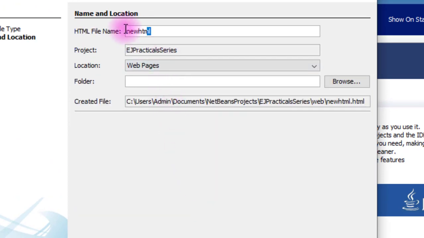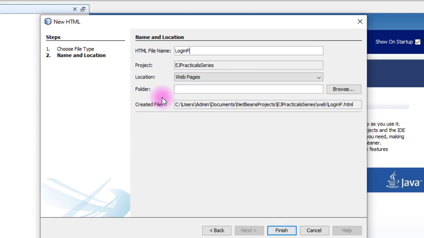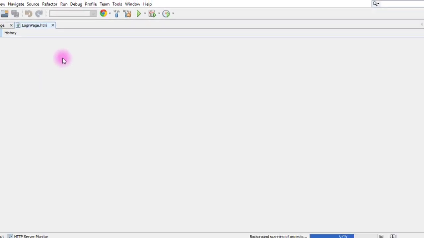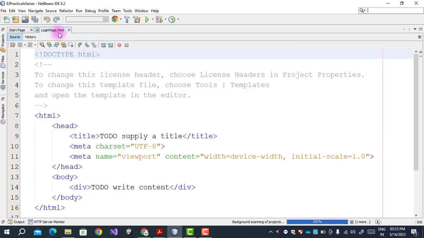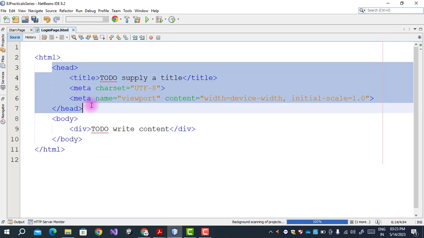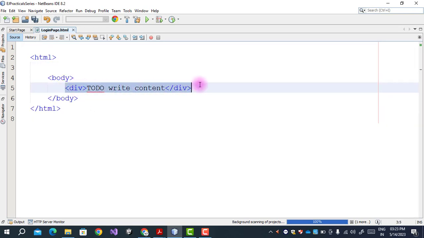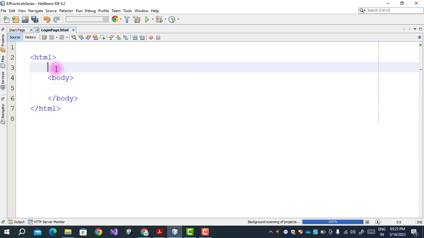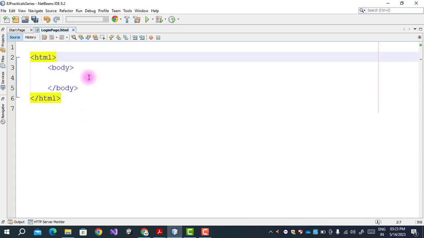Next, we enter the name for the HTML page, which is my login page, and then finish. This is simple. As we can see here, it is a simple login page. Just delete these comments. The head tag is optional, and again the division tag. So now this is my simple HTML page.